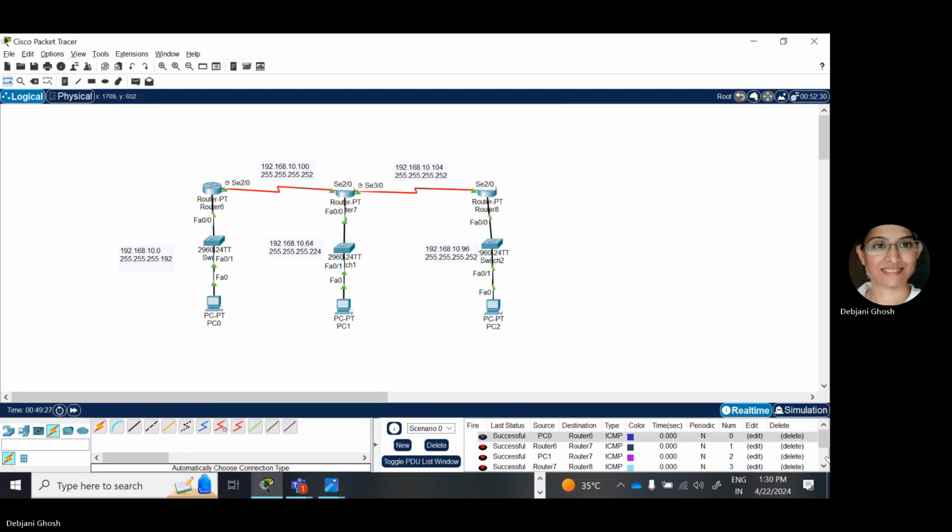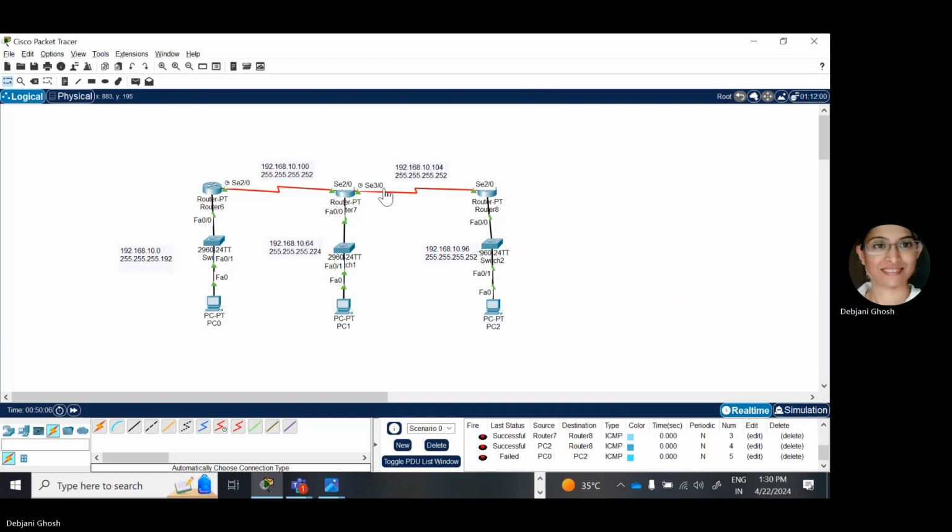I think that, yes. Okay, so everything is successful, but let me show you what happens when I want to flow the packet from PC0 to PC2. It is not going to work. Just see here that the status is showing failed, because I have not yet configured any routing protocol on the router. Okay. Now the last configuration, which is very important, is about configuring the static routing on each